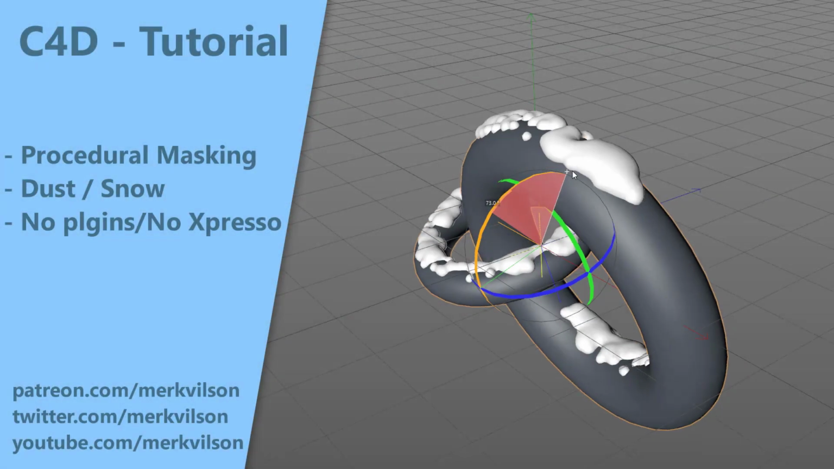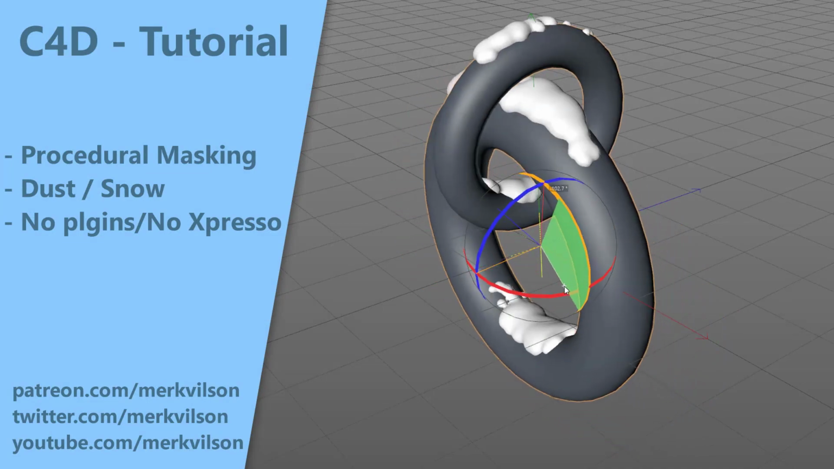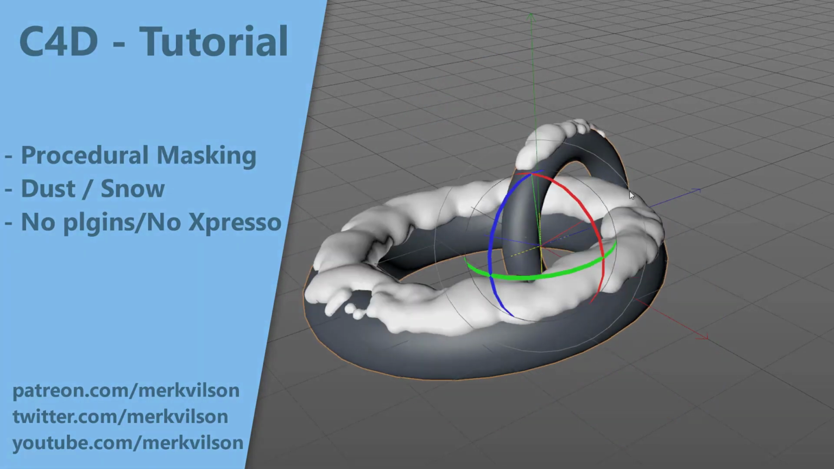In this tutorial, we will be creating procedural snow effect by utilizing cloner object in combination